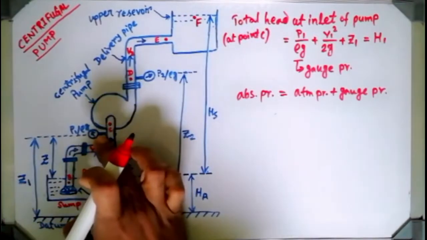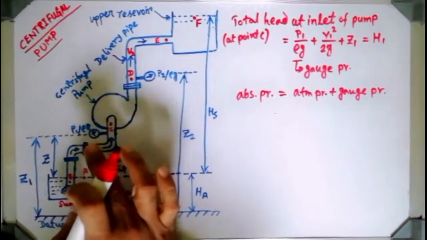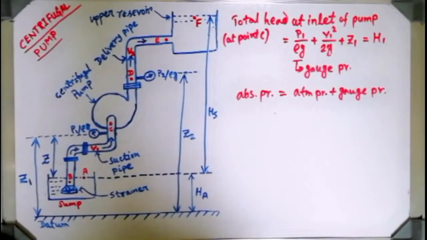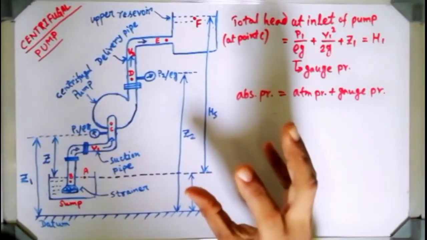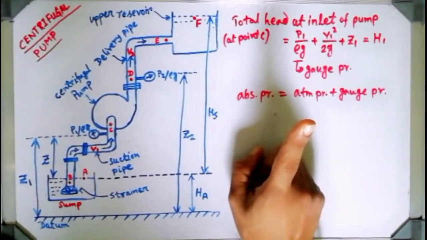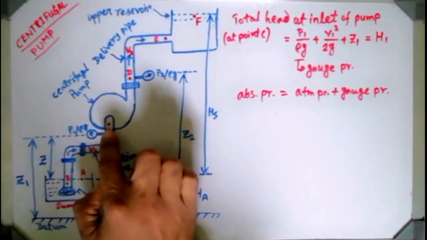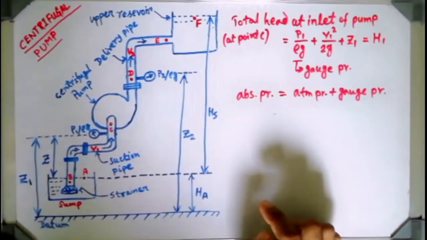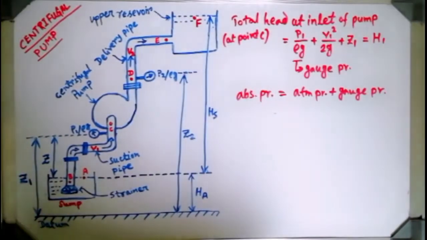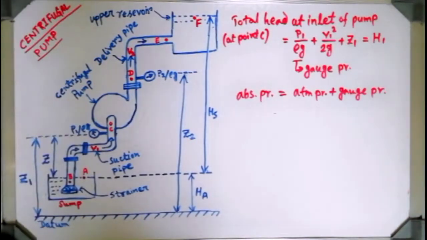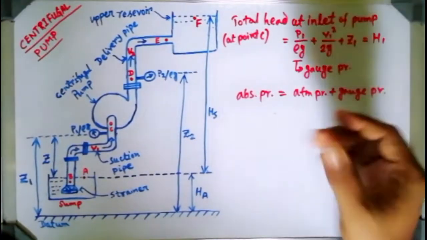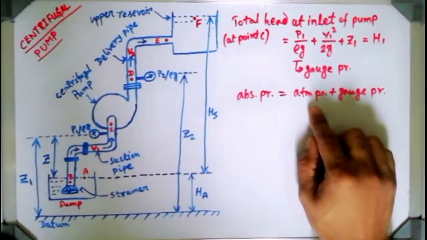So here a pressure gauge will be mounted. Have you seen a pressure gauge? Actually there were no practical classes for the last 2 years, so what should I do? A pressure gauge is a kind of dial device with one pointer. It measures the pressure of the working fluid flowing through the pipeline. It is known as a Bourdon pressure gauge. The reading of the gauge is known as the gauge pressure if it is above atmospheric pressure. It can be less than atmospheric also, then it is known as vacuum pressure, mind it.